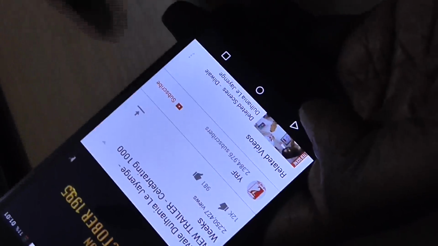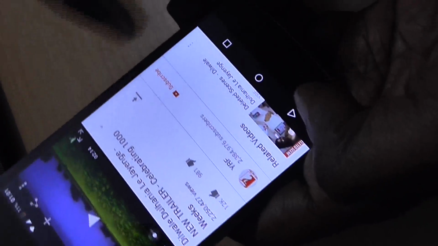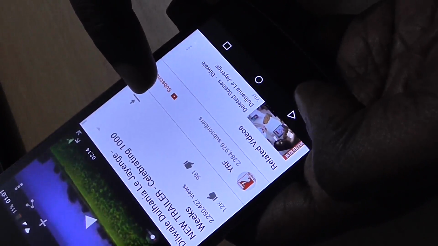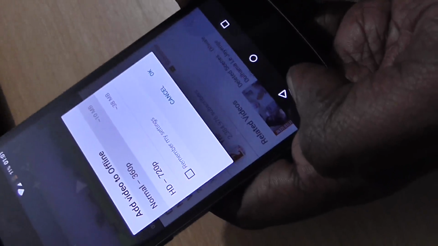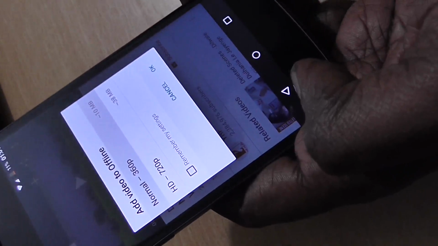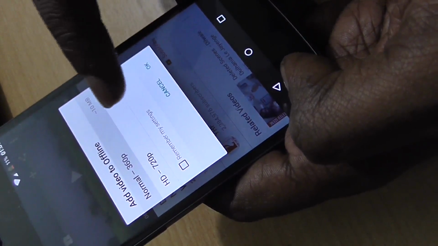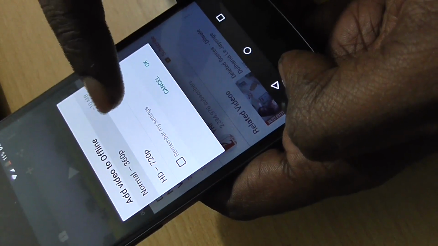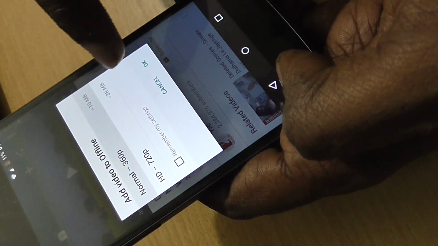So as you can see, a small button is there at the side. Here it is, the small arrow above the subscribe button, right? So if you click that particular button, it gives you the option to add video to offline, and at this moment it gives you two settings to download, either the normal version of 360p or the SD version with 720p quality.